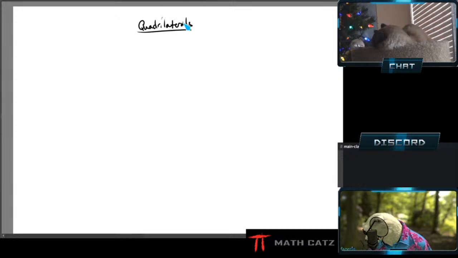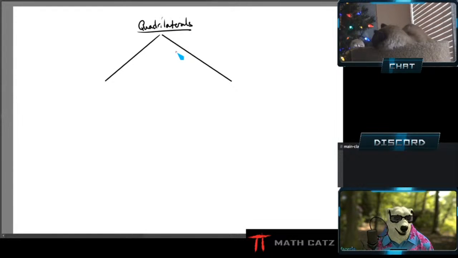Among these four-sided polygons, there's more structure possible, and they might have their own names. So first up, we'll split it into two kinds. We want to now be more specific. The quadrilateral, remember, just as long as it's a polygon with four sides, it's a quadrilateral. But some of them could be a little bit strange. And maybe that's too general. So we're going to